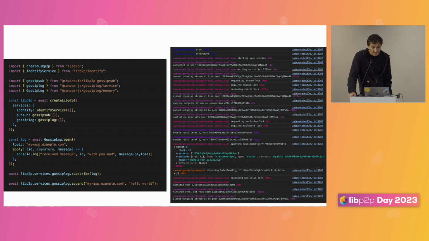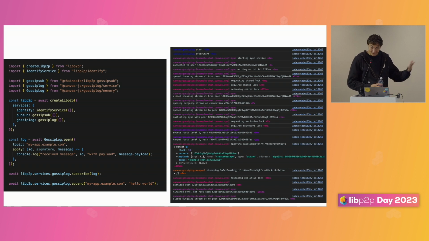So we've implemented this as a libp2p service using the fancy new libp2p services API that just came out. Here's a code sample on the left, eliding most of the libp2p configuration, but there's the services object.